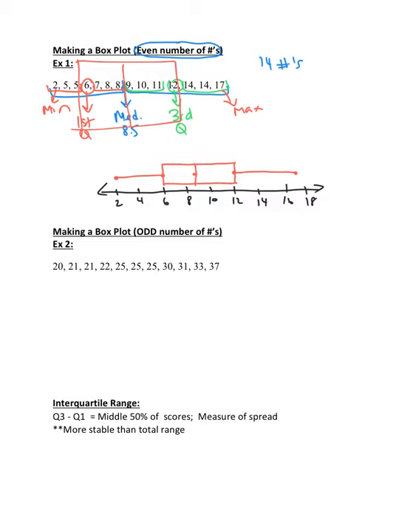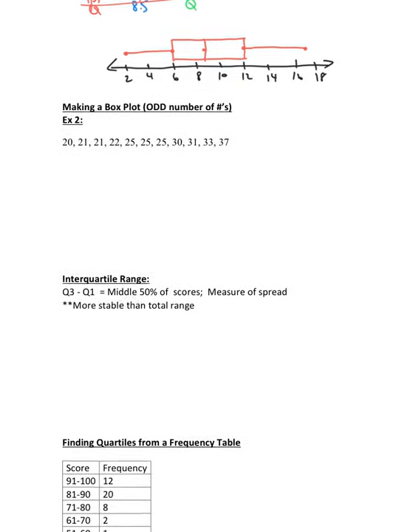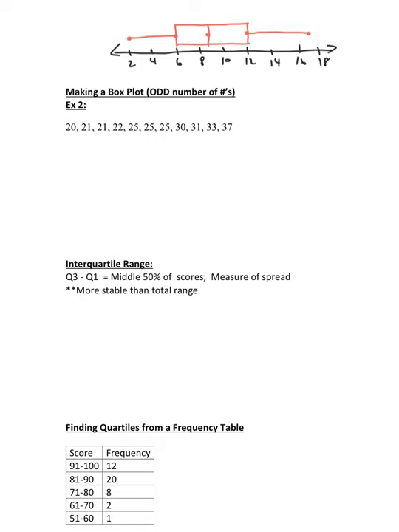That's it. Okay, if you have an odd number of numbers, looking at example 2, then initially when you count out your numbers, you're going to have 1, 2, 3, 4, 5, 6, 7, 8, 9, 10, 11 numbers. So initially when you start out and you try to split it in half, you're going to have 1 in the middle already. So you'll have 5 on each side because 5 plus 5 is 10. So 1, 2, 3, 4, 5. So these 5 and then these 5. And the middle one will be my median,